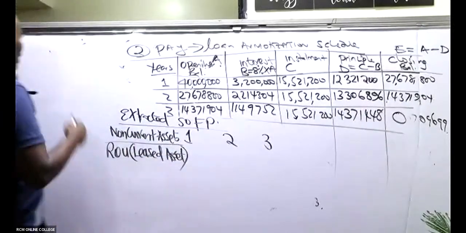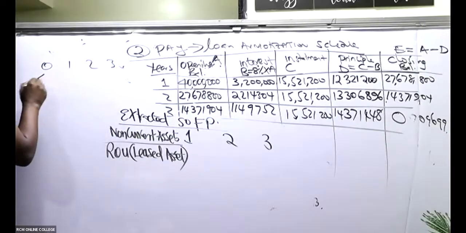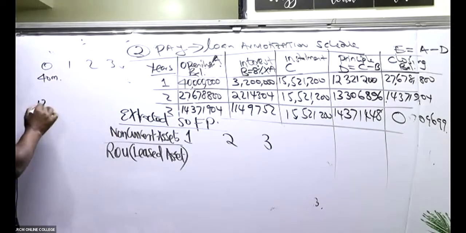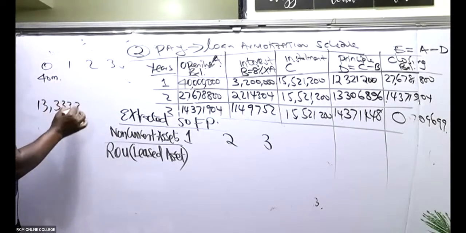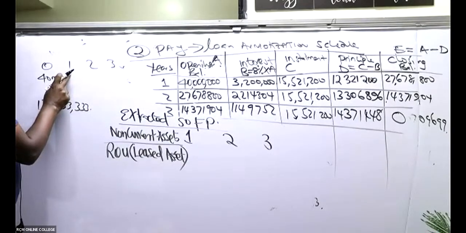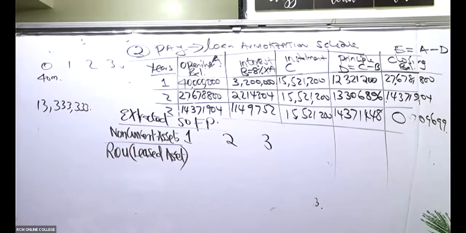Remember, at time 0, 1, 2, 3, at time 0 we began with 40 million. But each year we are losing that 13 something. Was it 13,333,000 each year? So by the end of year 1, what will be the value of our asset? Because you'll be looking at the end of the years. Remember, today this is 40 million. So by the end of year 1,